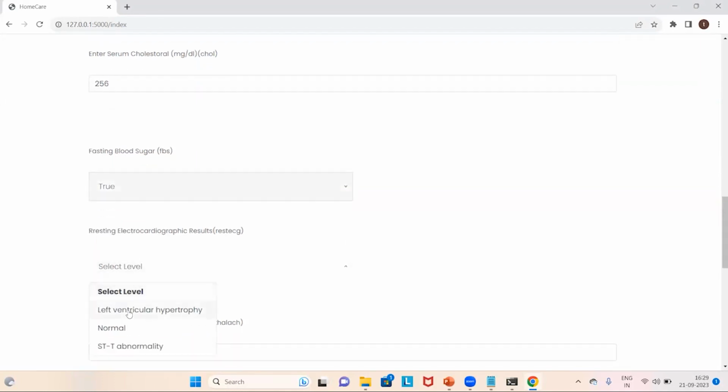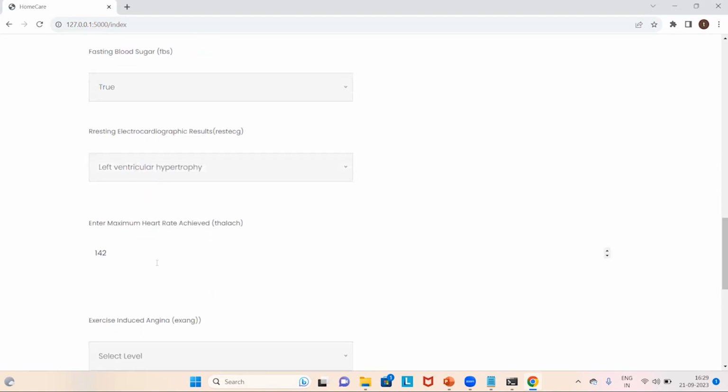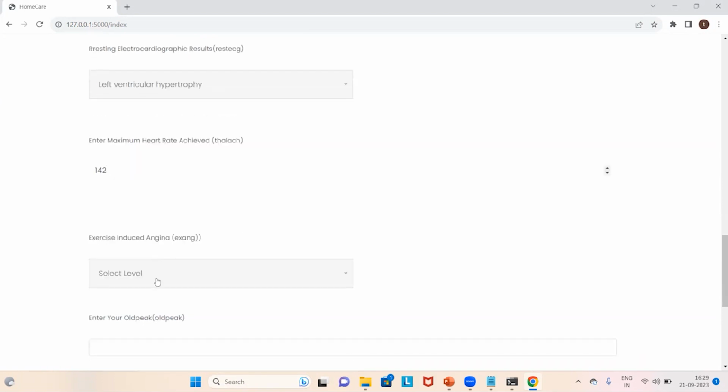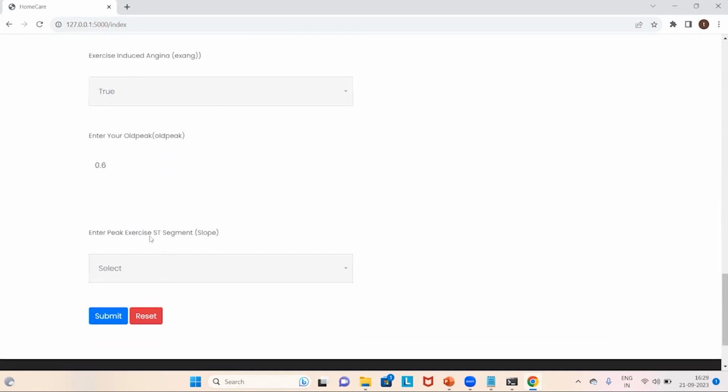Electrocardiographic signals are this one, and the maximum heart rate is 142, and the exercise induced angina is true, and the old peak value is 0.6, and the exercise ST segment is flat.